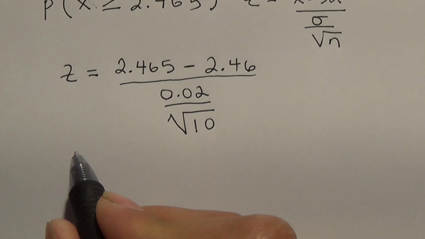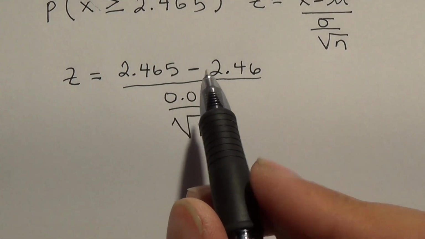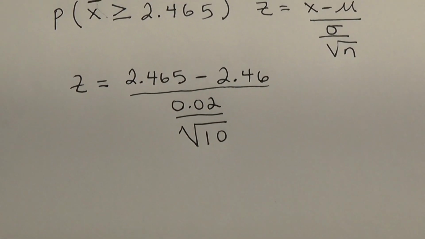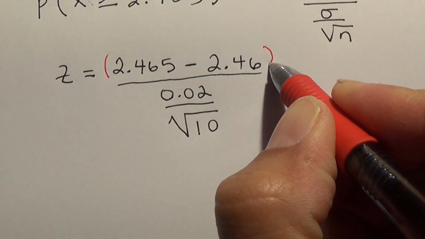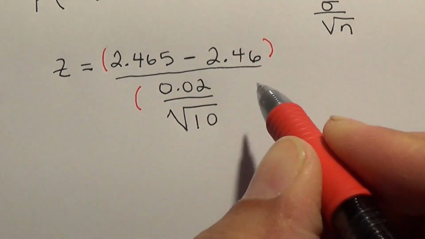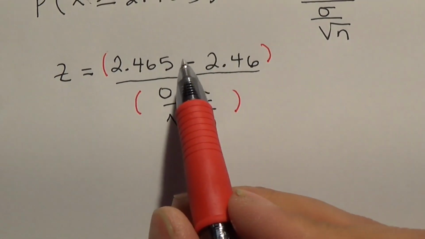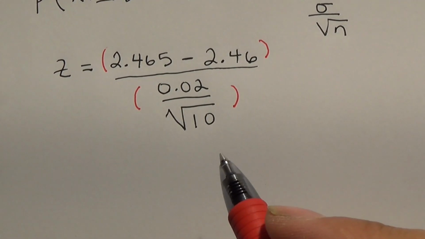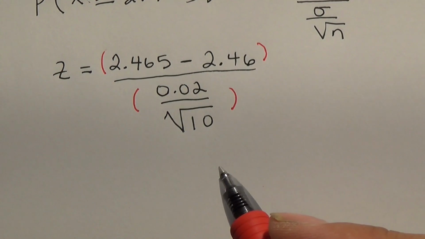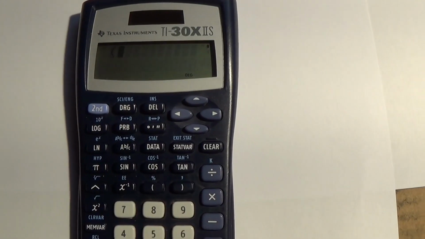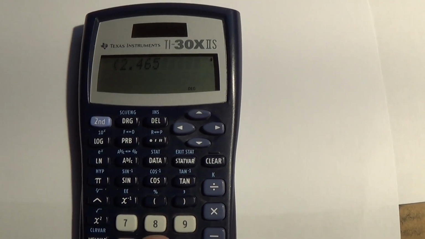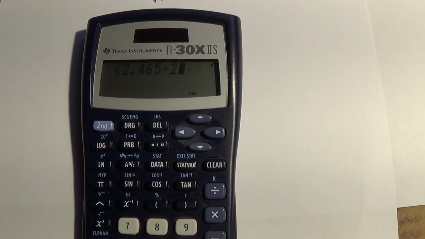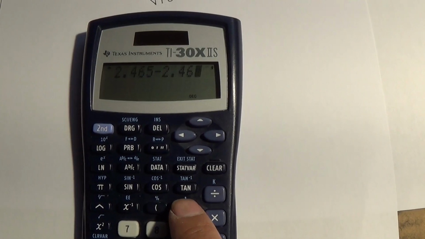Now, when I type this in a calculator, I want to make sure that I put parentheses on the numerator and parentheses on the denominator, so the calculator will give us the correct output. Parentheses first, then 2.465 minus 2.46, close off the parentheses,